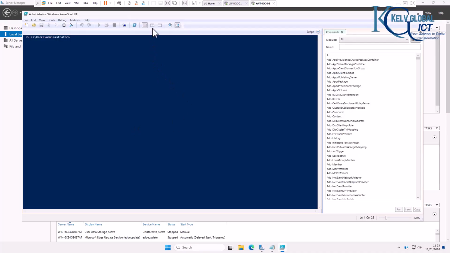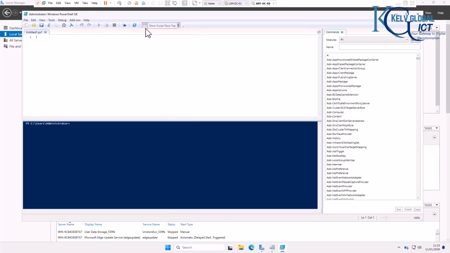So let me just try to do the following. I'm going to show the script pane. Here, I'm going to enter the following command. If you want to use PowerShell to do this, you're going to enter this command. You can see we're going to change this name to our second domain controller. Well, I'm going to enter